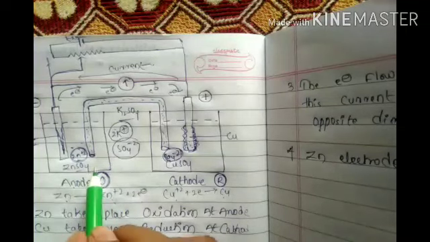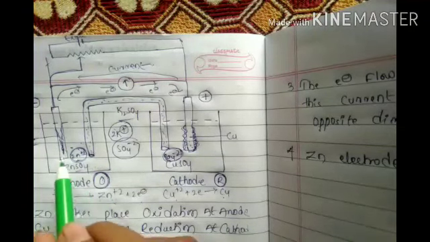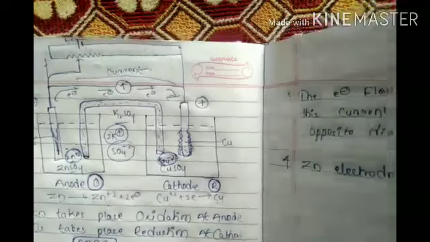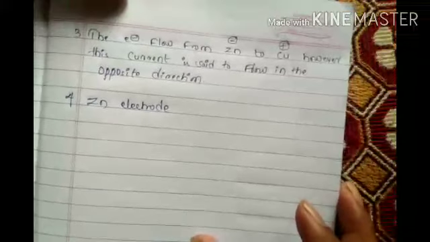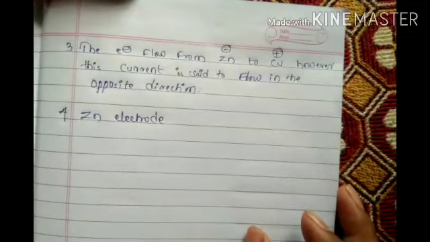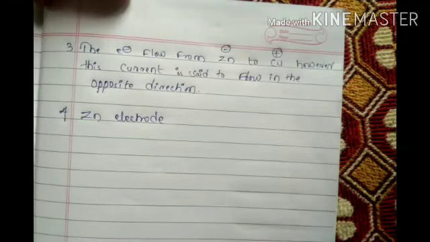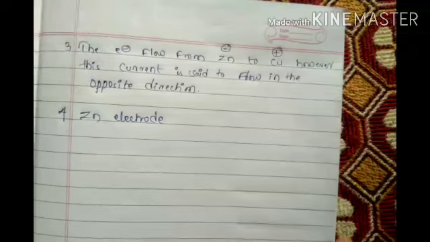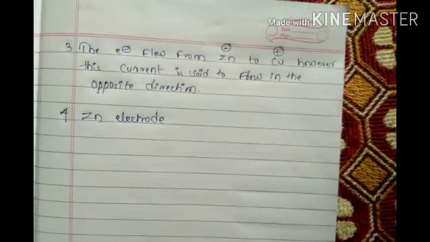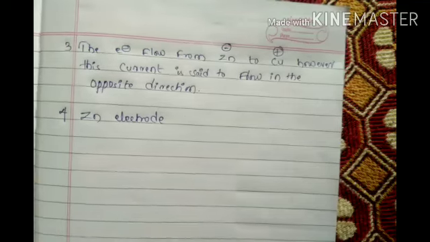So after some time the ZnSO4 solution here will increase, and here the electrode will decrease. Got it? I hope you understood. Just read those points once again and you will understand easily. Now here electrons are going the opposite way, and power is also going on. Evidently the weight of the copper rod will increase while the zinc rod will decrease, meaning the cell is working. The cell is working, and the proof is that the weight of the copper rod increases while the zinc rod decreases.